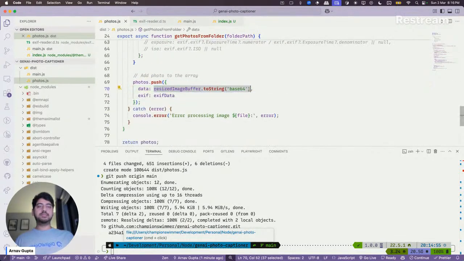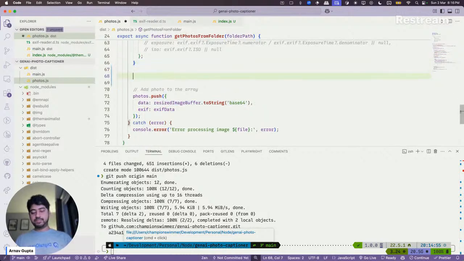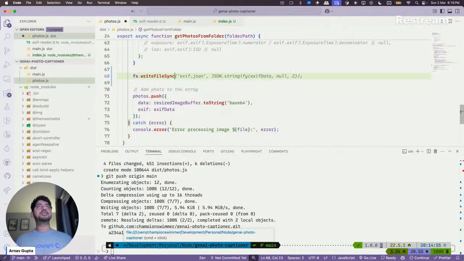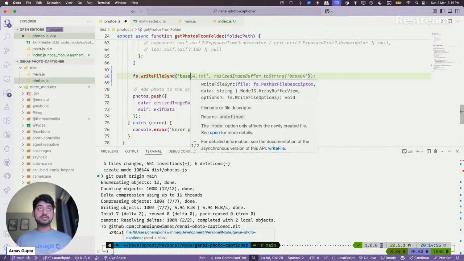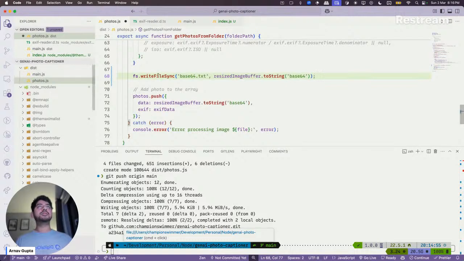So yeah, fs.writeFileSync, and I'll just write. I'll do a random number before that just to see if